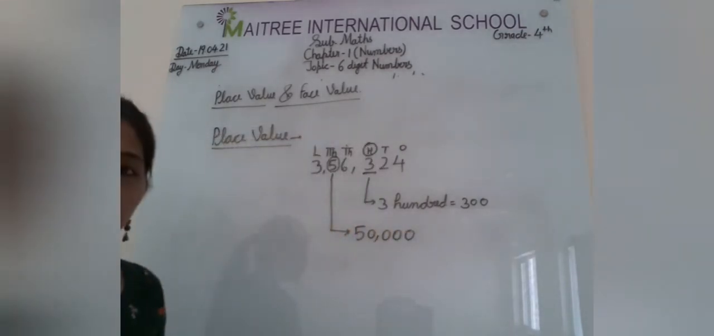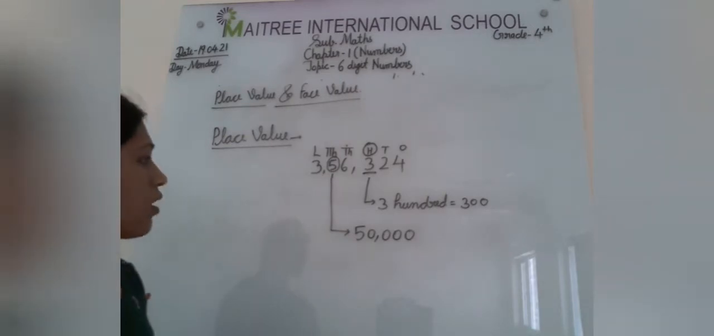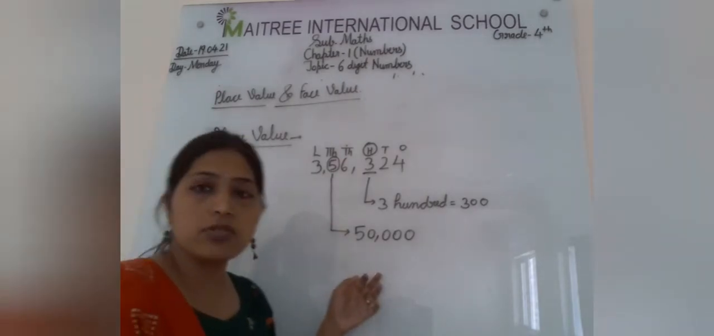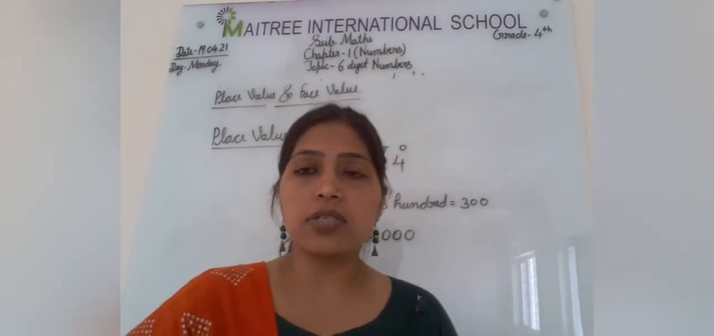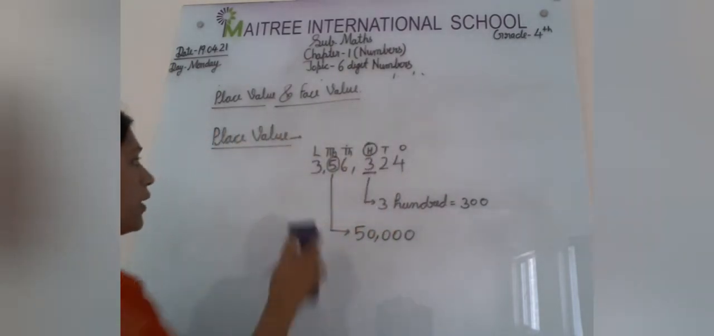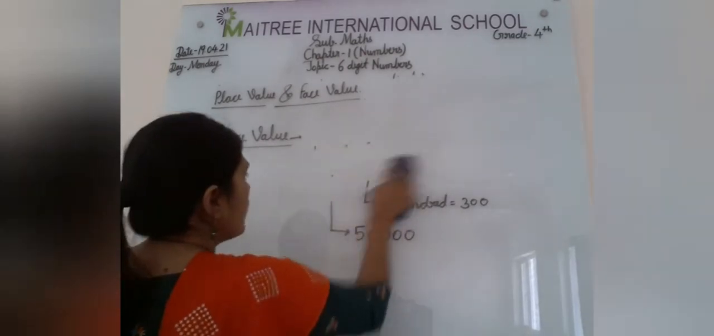Clear to you all? So this is called the place value. The place value depends on in which house the number is. Okay. So if I am asking about the place value of